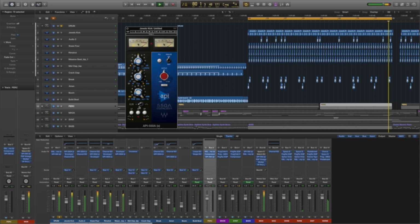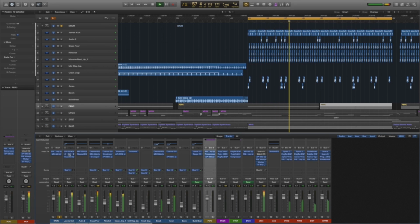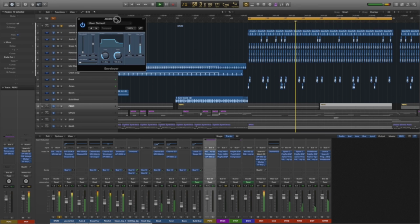On this, the kick was very light in the bottom end, so it's very heavily pushed at 50 Hertz, and a bit of top end, 3K. There's a little bit of an envelope on here, just to give it a little bit more attack and cut the release a bit short. Because when you boost loads at the bottom end, obviously you get a kind of woof, and you want to keep that minimal, because of course it will clash with